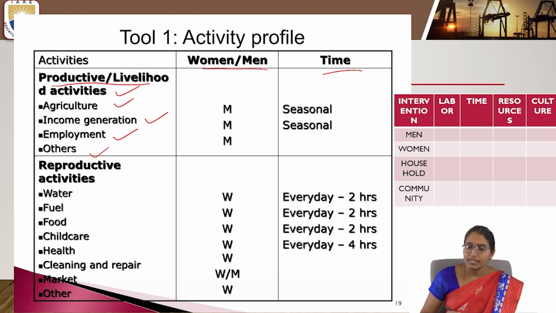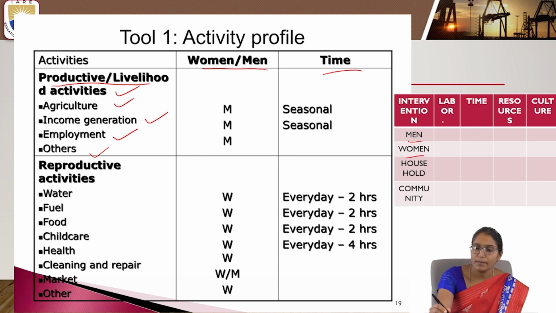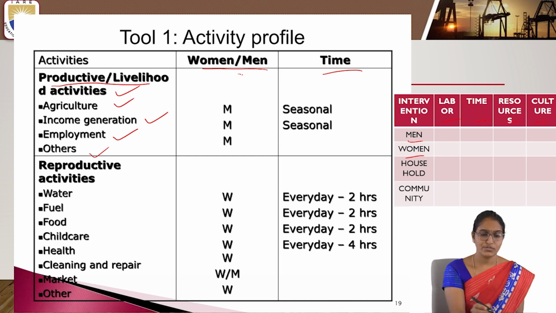You know that the gender analysis matrix has men and women and time, resources, culture, everything. Now we have taken one activity, based on which gender is doing it and at what time they are doing it. So if you can see that